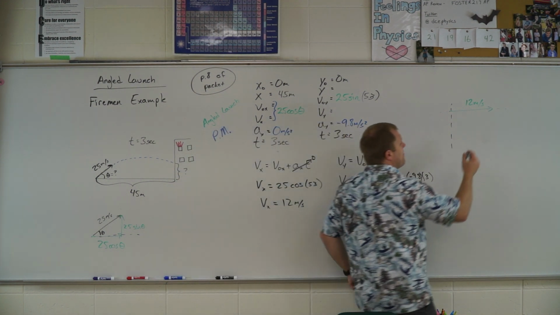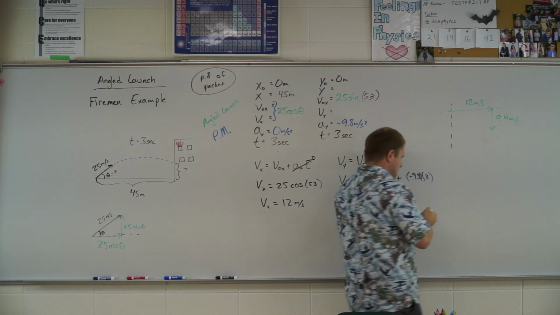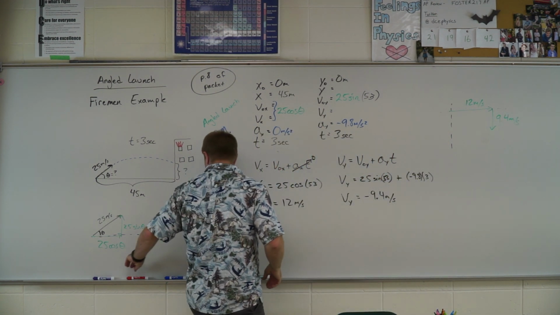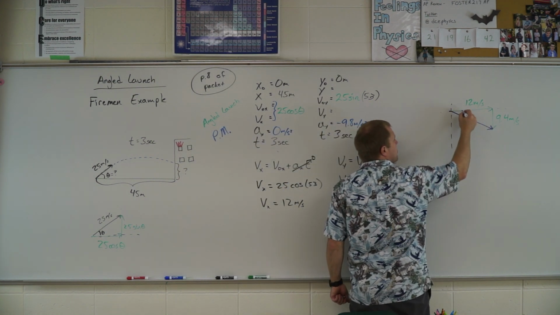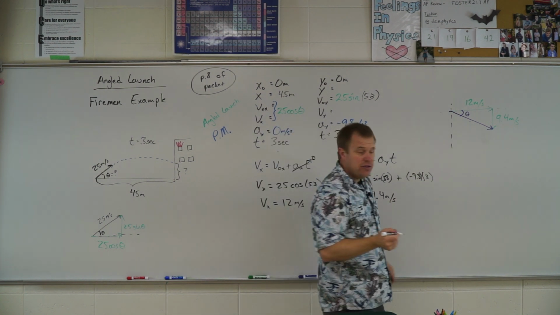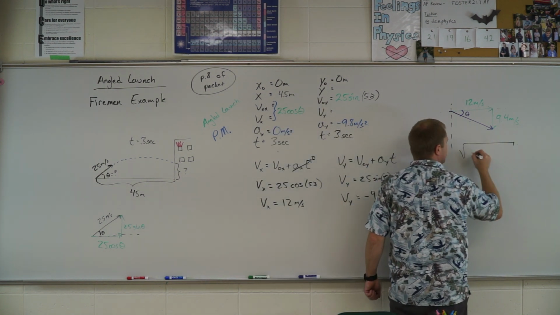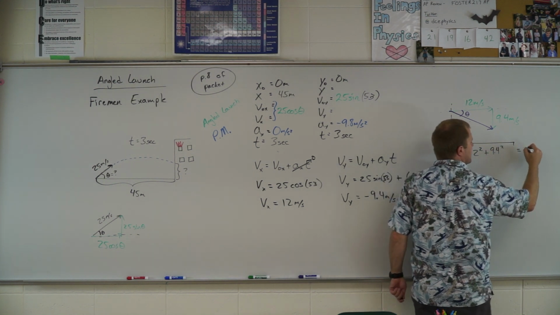So in order to find the final velocity of that water, I need to do the Pythagorean theorem here and figure out what is the magnitude and what is the angle. To find the magnitude, we take the square root of 12 squared plus 9.4 squared, and we get something like